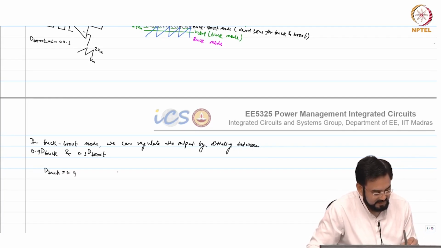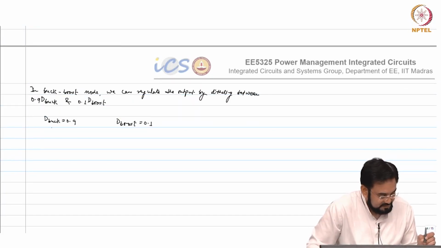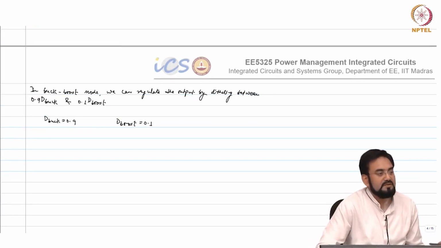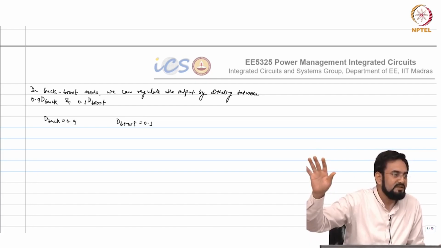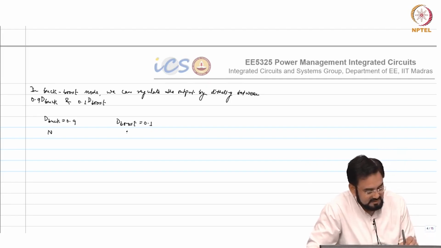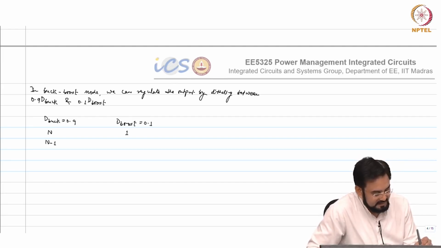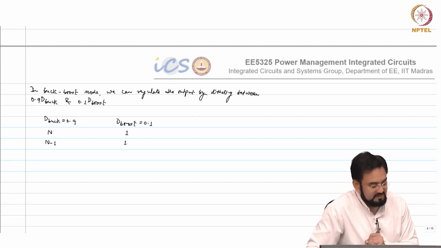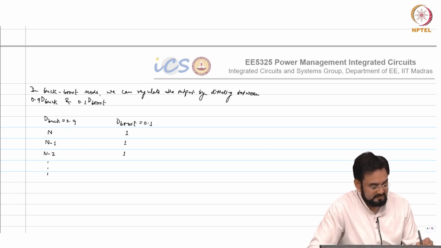Dbuck is 0.9, Dboost is 0.1. So from 0.9 I want to slowly change my duty cycle, but I have no option. So let's say I choose n of this, 1 of this. Okay. Then n minus 1 of this and 1 of this, n minus 2 of this. Okay. And this is your